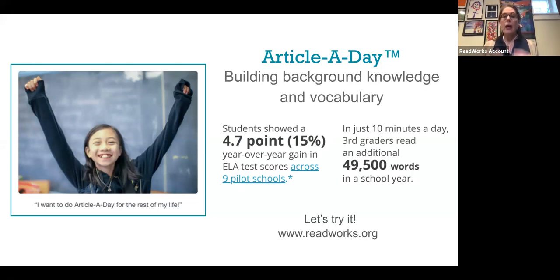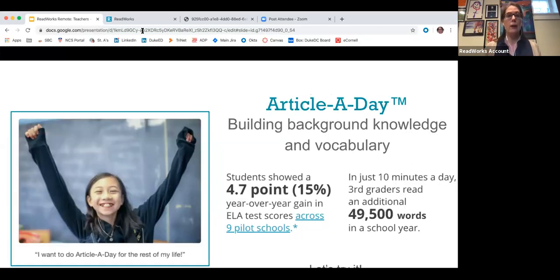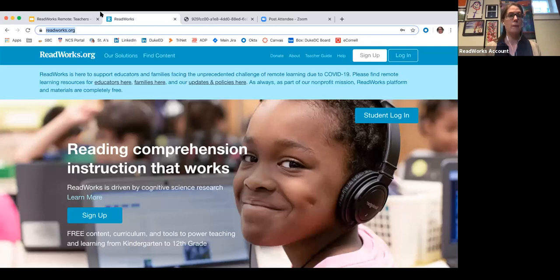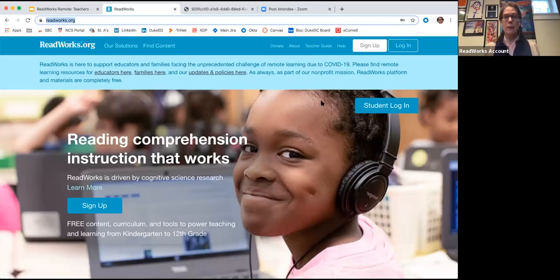Okay, so let's try it now. Remember, I'm going to show you this from a student perspective, and then I will show you how to log on and set up an account as a teacher a little later. What I want to show you first is that this is where everybody goes to log in. The first thing is what it looks like for your student to log in